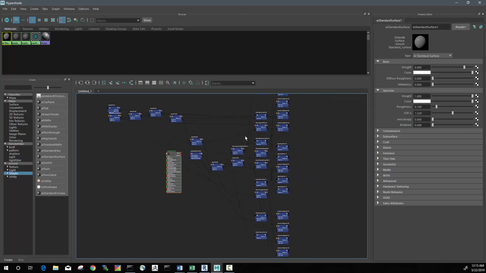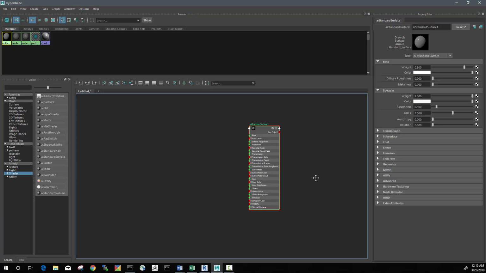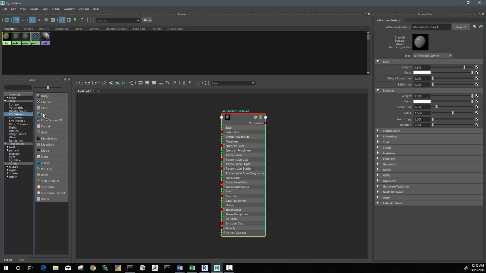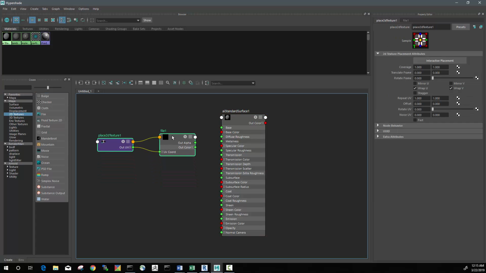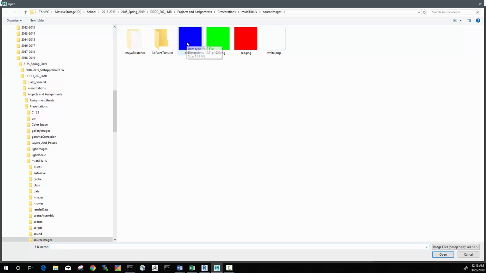So what I'll do is open up the Hypershade window. I'm not really sure why my Hypershade always opens up with all of this stuff in it. It's kind of a mess, and I just need to clear the graph, and then I'll just take my standard surface shader right there. And I'm going to just start out with one 2D file texture that I'm going to use as the base color. So I'll take the out color of this, I'll map it to the base color of the standard surface shader, and then in the file shader I'm going to just pick my blue